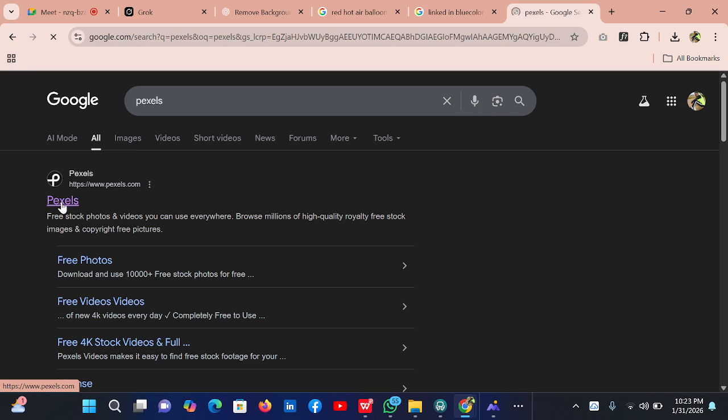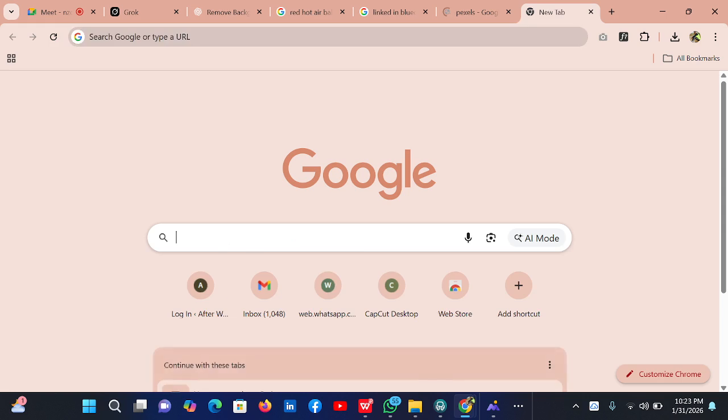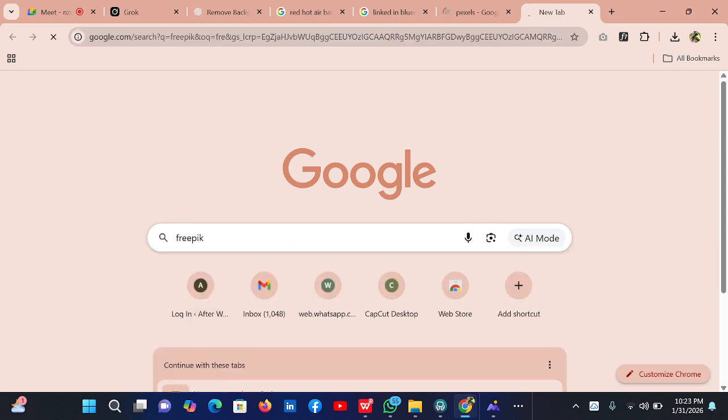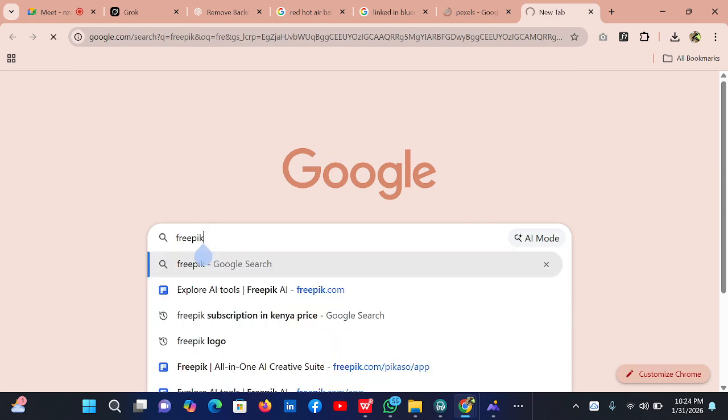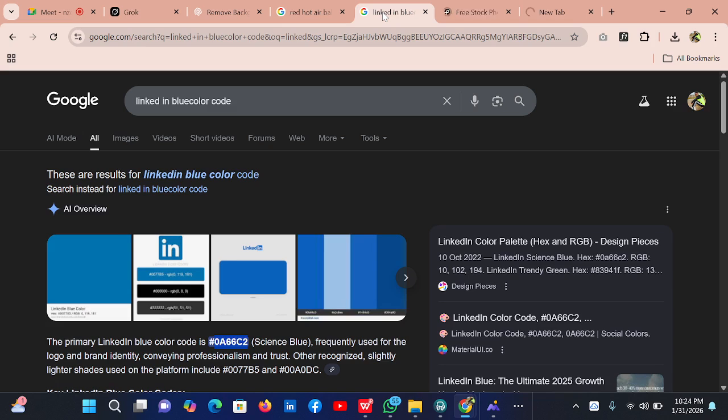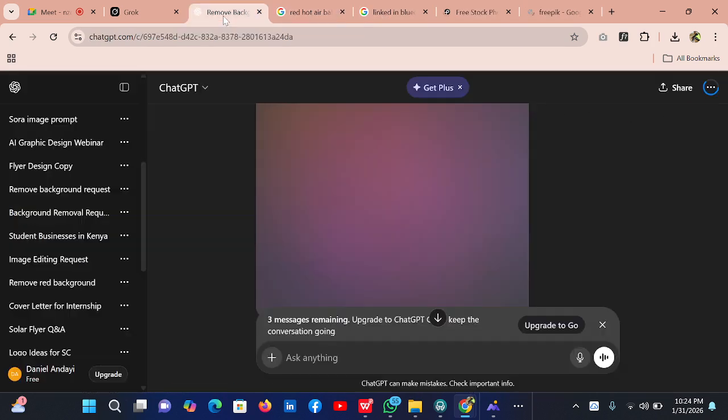The last time we visited Pexels was last year, because AI has made the game easier. Sometimes we'll get it from freepik.com. You need to get the perfect images for your designs. But nowadays we don't have to do that anymore.